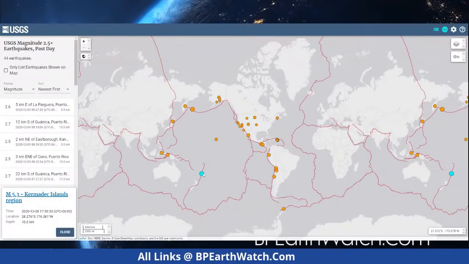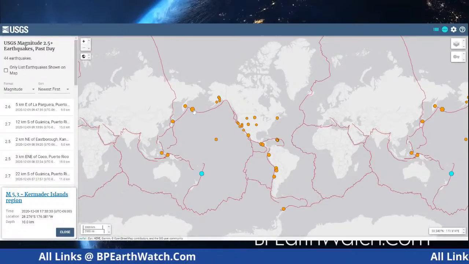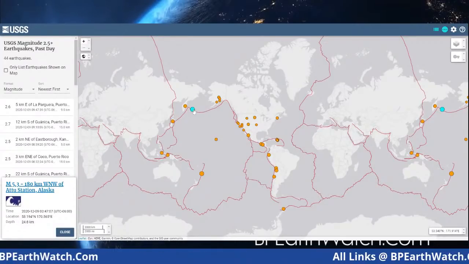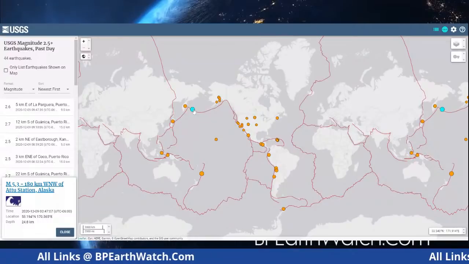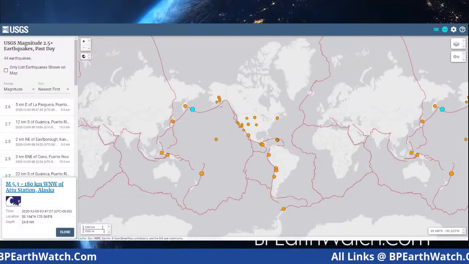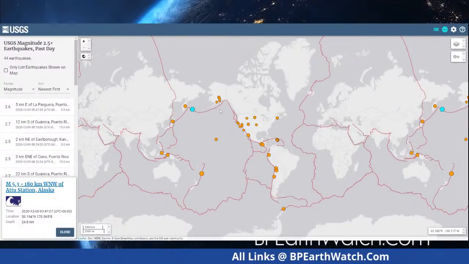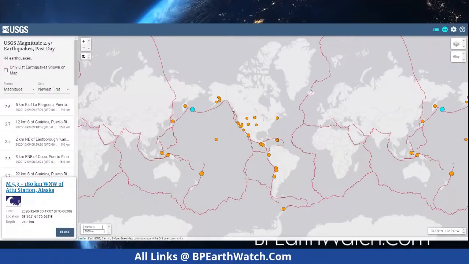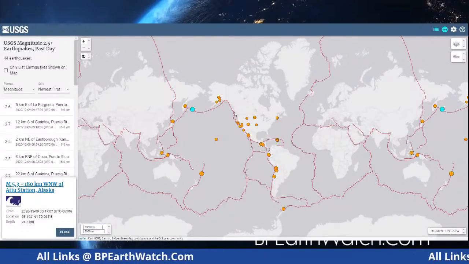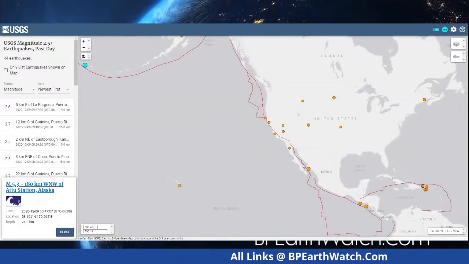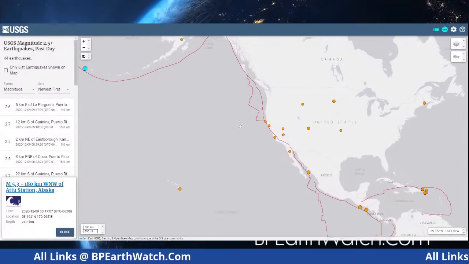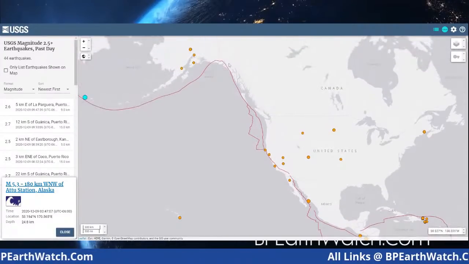A lot of times when they're offshore like that, they'll list 10 kilometers because they really don't know how deep it is. But again, the one up in Alaska, that's the closest one in our area that will affect us, because this energy has been transferred many times into some great quakes coming through the Alaskan chain and down into the northern parts of the San Andreas Fault and Cascadia fault zone that you see here in the fault zones on our map.